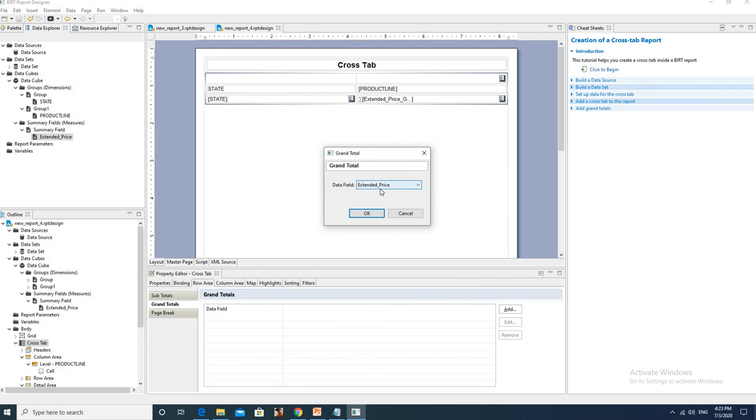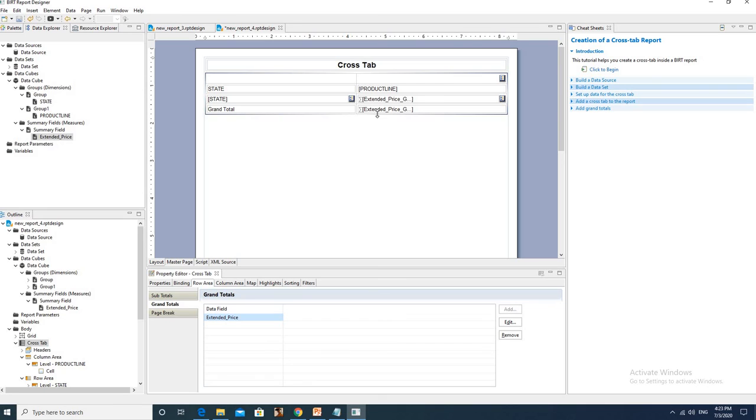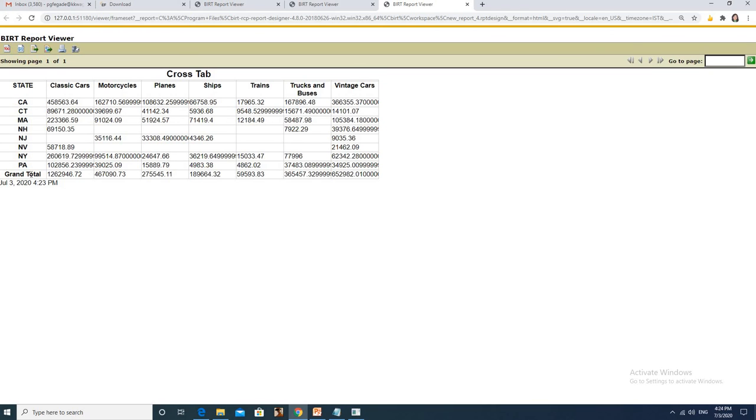I am choosing the data field as extended price here. Just click OK. So the grand total is added over here. Now just run it and see the output. Okay, you can see the grand total is added.